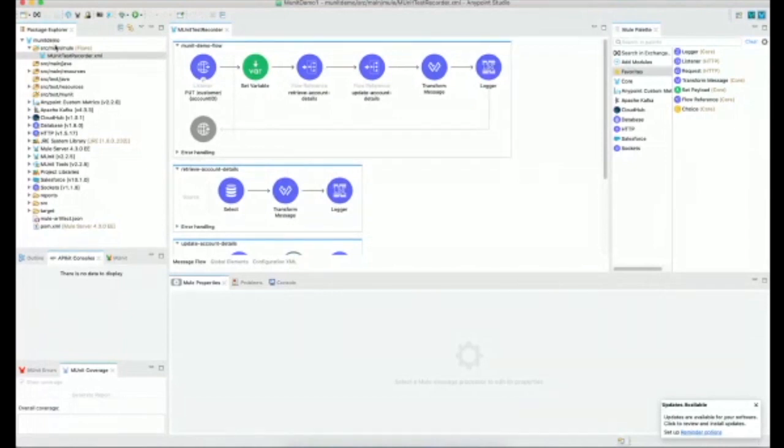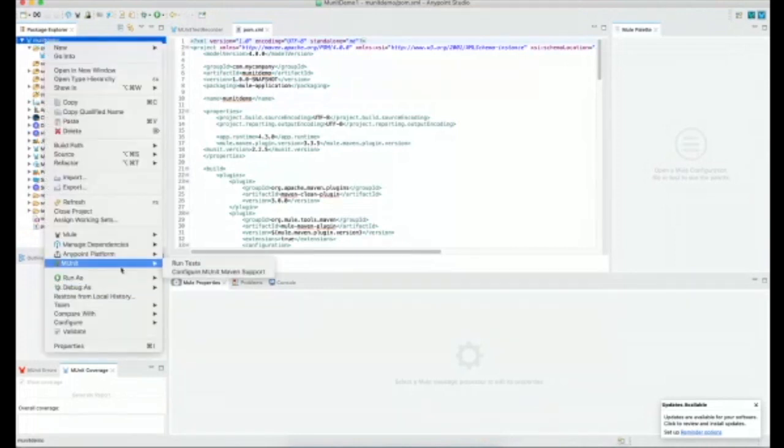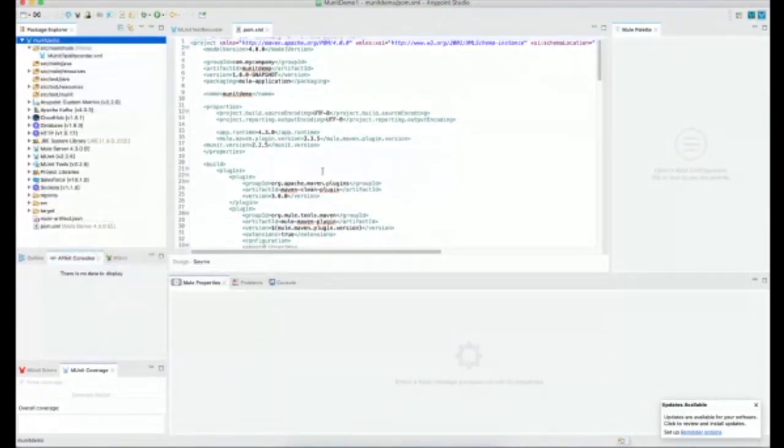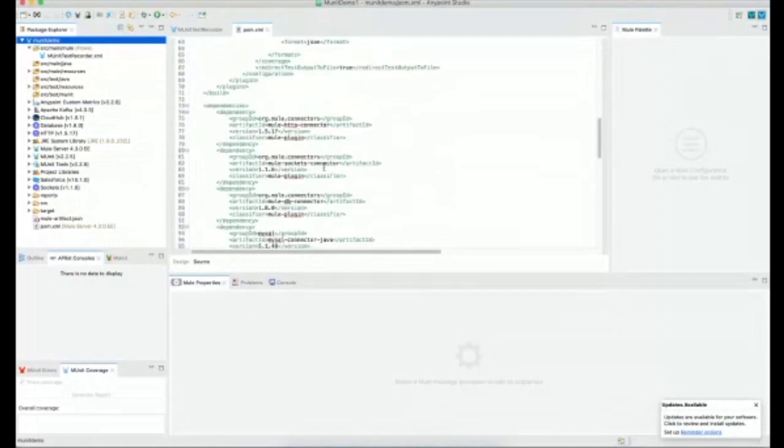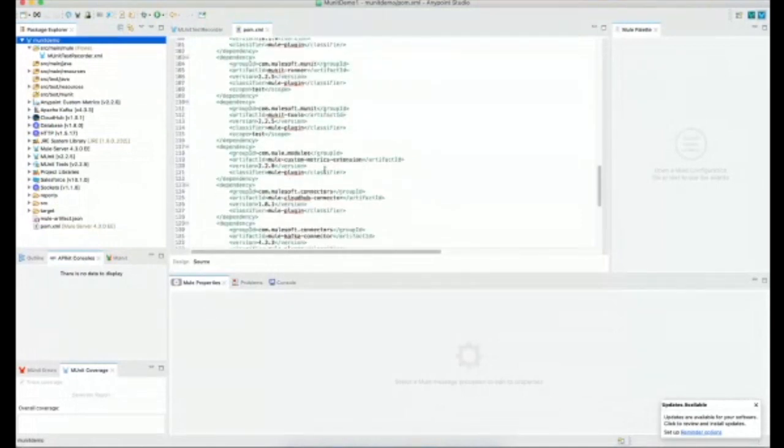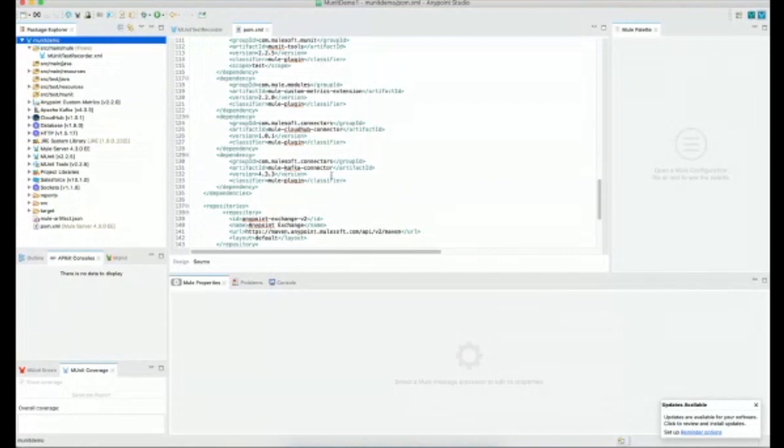Before I start with that, I wanted to touch on this. The pom.xml is extremely important. The first step when you want to use MUnit is you go here and just configure MUnit support. What it will do is add the dependencies for your MUnit execution. If you go here, you'll have two dependencies that are added. One is